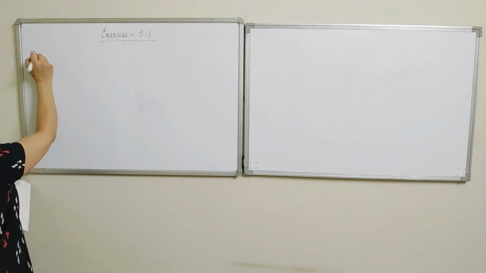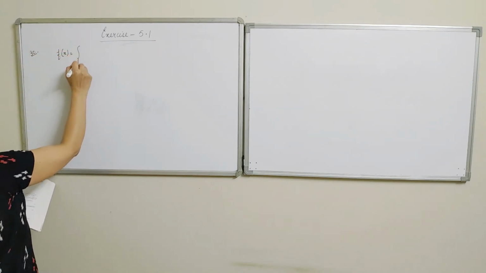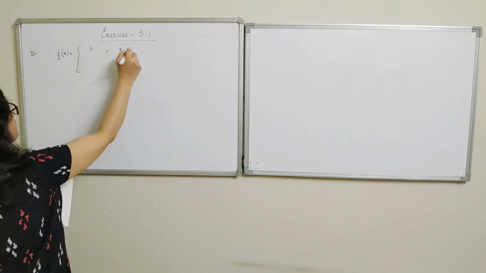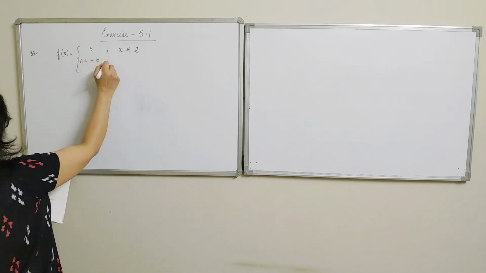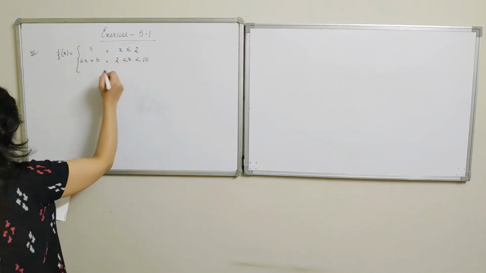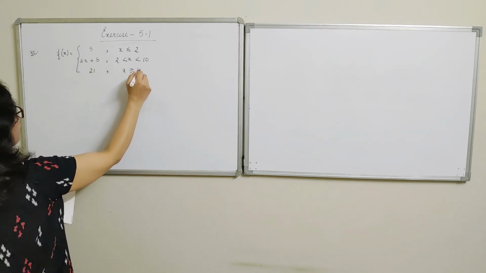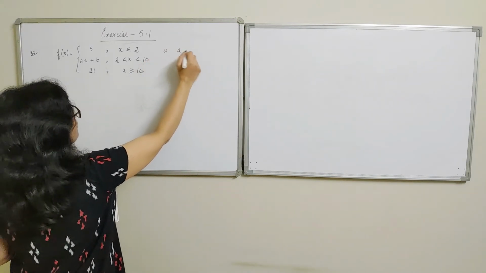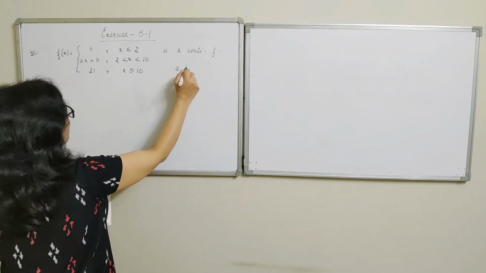So next we'll see question number 30. The function is defined as 5 when x is less than or equal to 2. It is ax plus b when x is greater than 2 and less than 10, and it takes the value 21 when x is greater than or equal to 10. So we are given that this function is a continuous function, and then we have to find the values